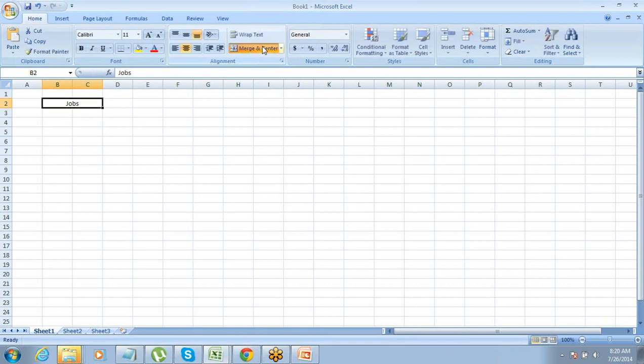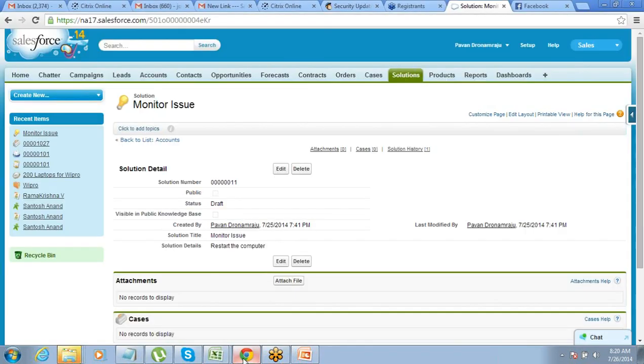I want to track the jobs and the candidates. So let us learn how to create this. Let's create an app for recruiting management.